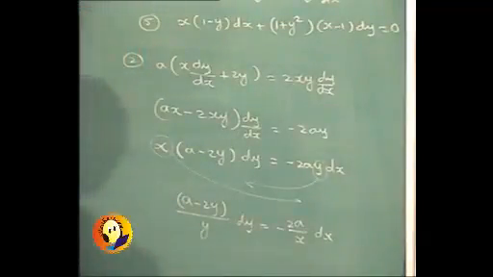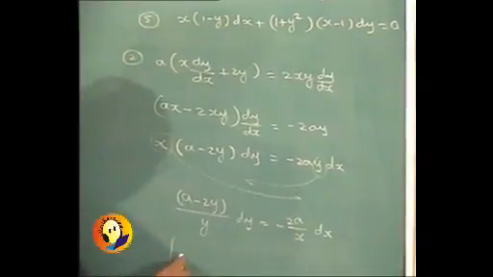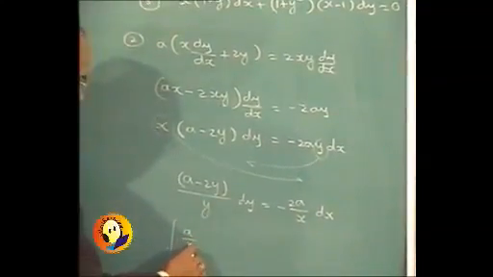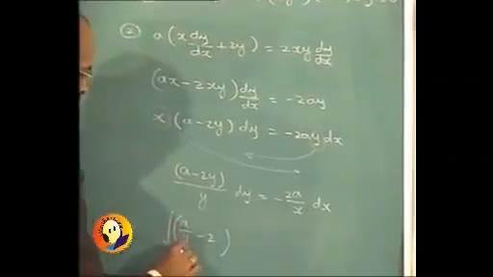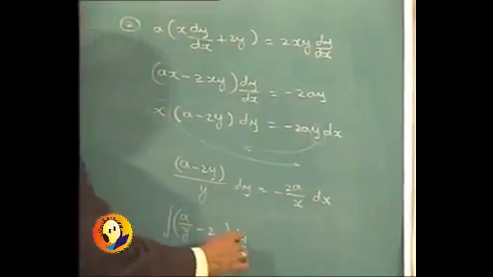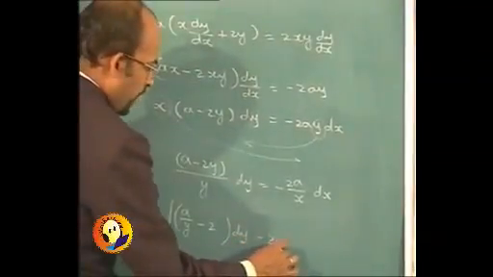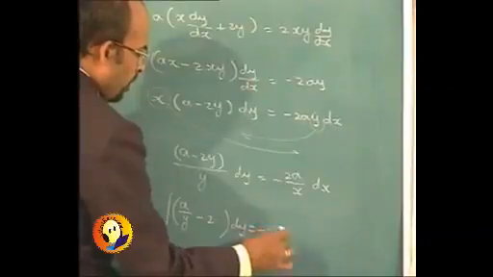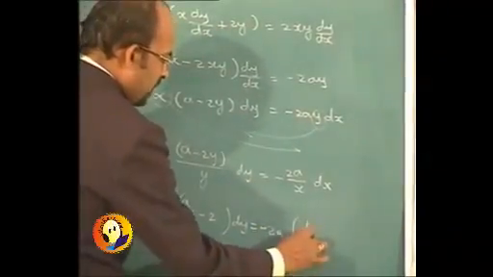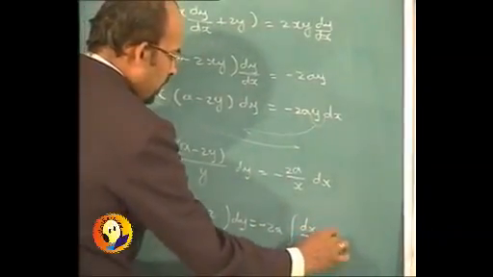As we proceed with the solution, it is written as integral a upon y minus 2 dy equal to minus 2a integral dx upon x plus constant of integration,